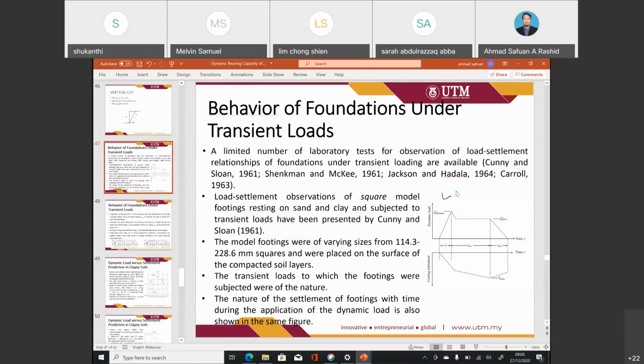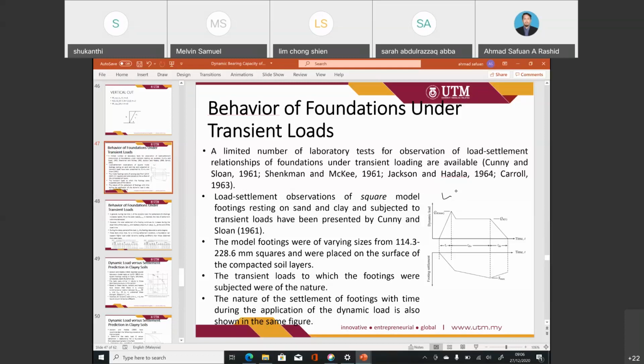A limited number of laboratory tests for observation of the load settlement relationship of foundations under transient load are available. As far as the author is concerned, there is not much discussion of this transient effect. Load settlement observation of square models resting on sand and clay and subjected to transient load has been presented by Kani and Sloan. This is an example of transient load, where they apply a load, let it sustain for some time, and then reduce the load. The models were of varying size, from 114 to 228,